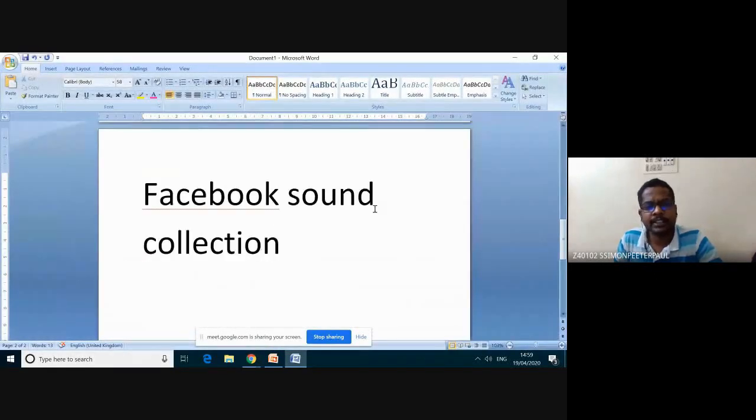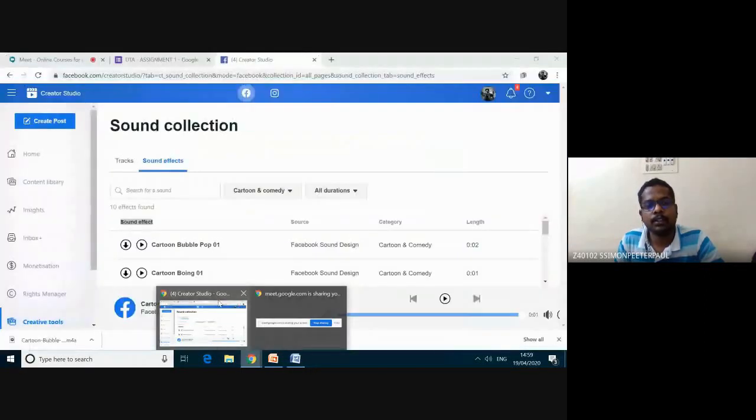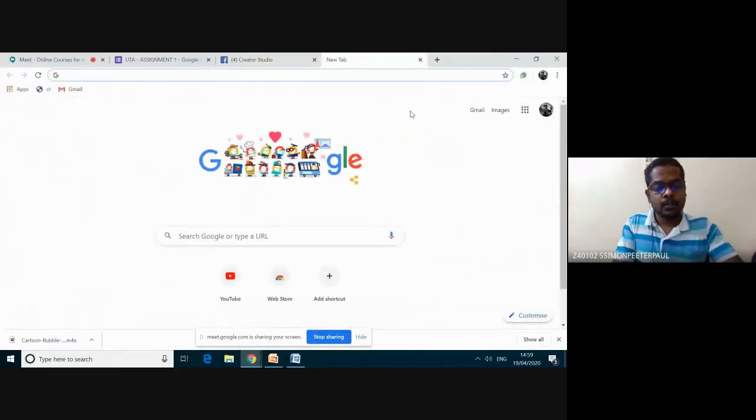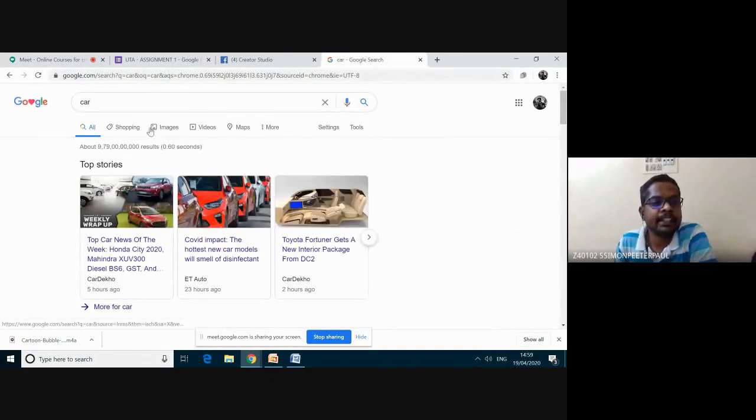Okay, today we have seen, from first, how to search in Google. Let me recapitulate it. Go for Google. I'm typing car, and then I need a car image.